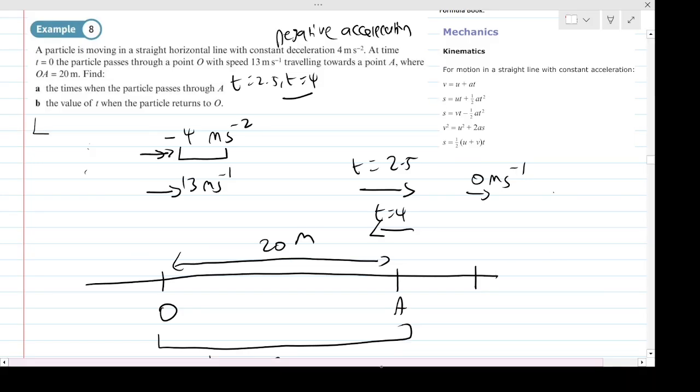Okay, so part B, it asks for the value of t, so the time when the particle, so the object basically, returns back to O. So as we already discussed, once it reaches its sort of maximum, when it doesn't go forward anymore, when it reaches a standstill, it's going to return backwards, and so eventually it's going to hit back to O again. It's going to round back to O. Okay, so what value of t does that happen? Okay, now, to work that out again with these formulas here,